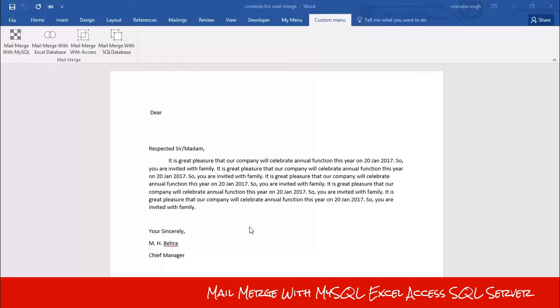After creating the main document and database, you need to merge them, and for this step I have developed an add-ins program in Microsoft Word by using VBA programming. So now I will show you how it works.